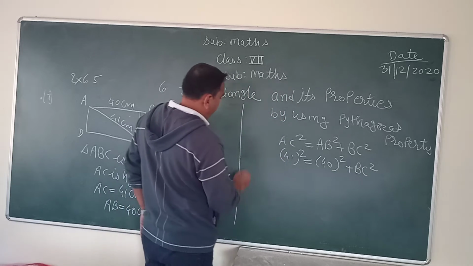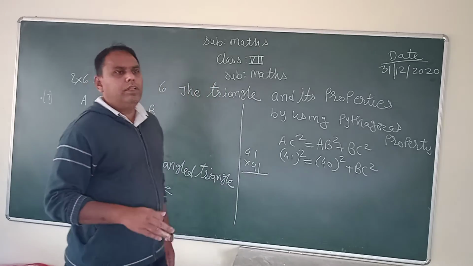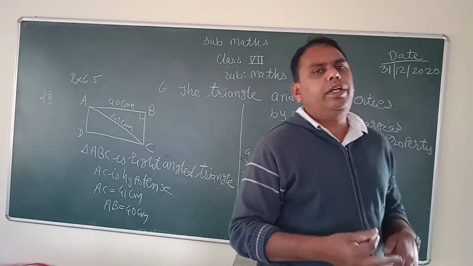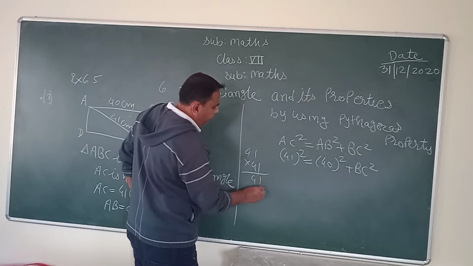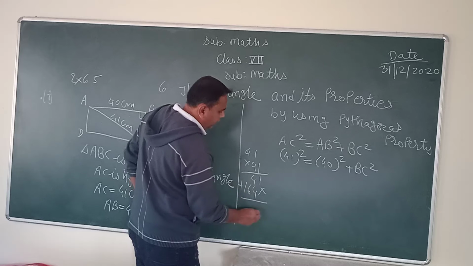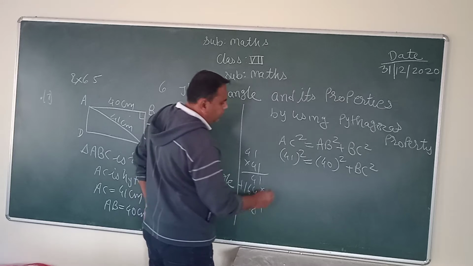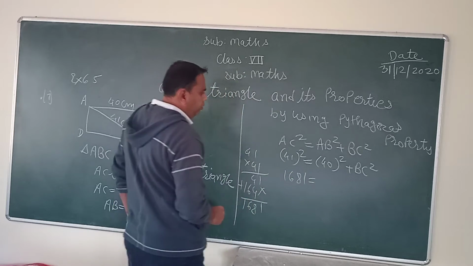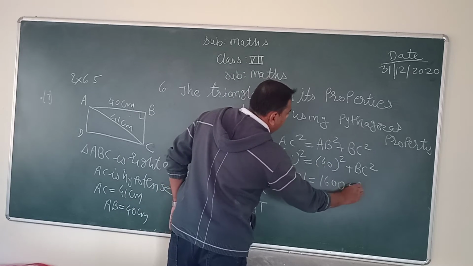41 square means 41 into 41. Square means we multiply the same number by itself, meaning a number is multiplied by itself. So 41 into 41: 1 times 1 is 1, then 4 ones are 4, 4 fours are 16. Here the sum is 1, 4 and 4 means 8, 6, 1. So 1681 is the square of 41. Then the square of 40 is 1600, plus